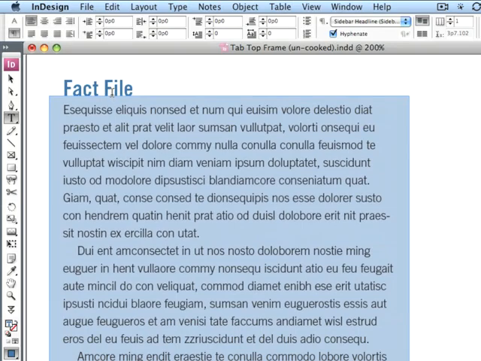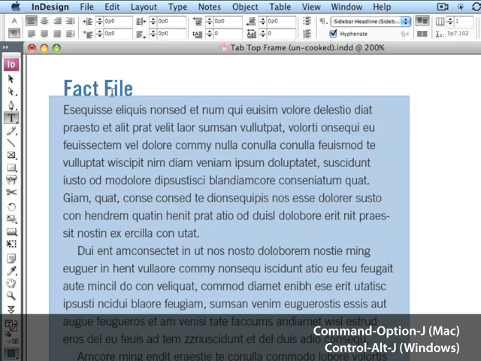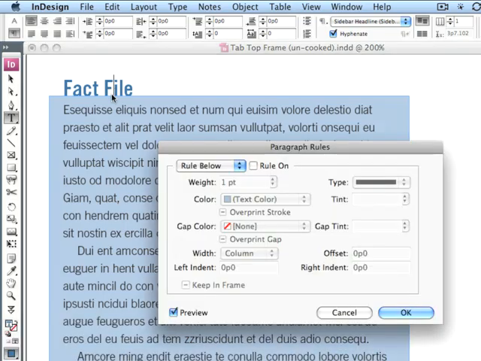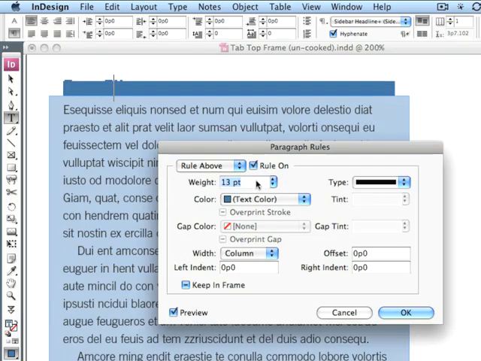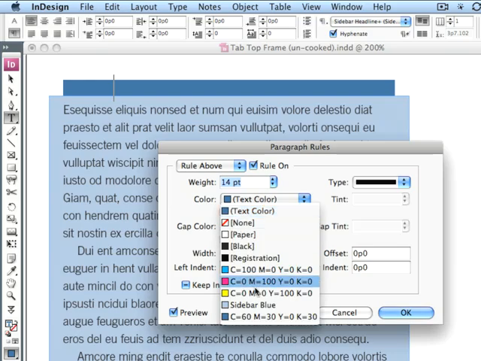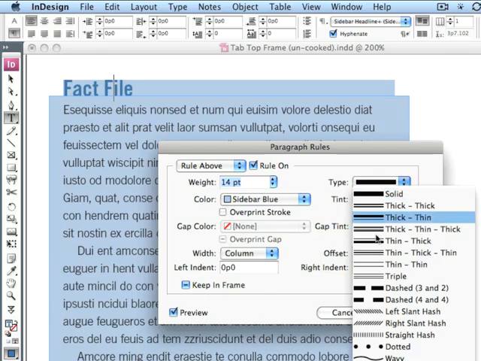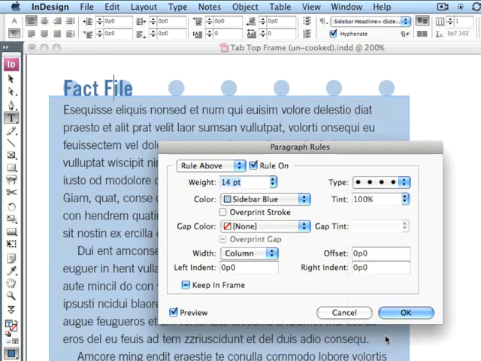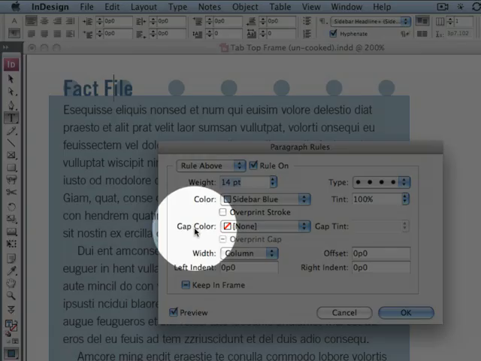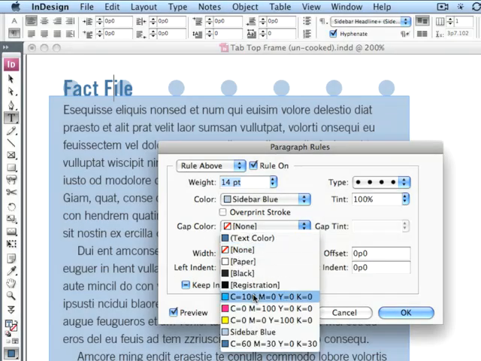Once my cursor is in there, I can hit Command-Option-J to open up the Paragraph Rules dialog box, which is where the tab will be built. The first thing I'm going to set is a rule above, which I'll turn on and set to a weight of 14 points. I'll change its color to sidebar blue, which matches the fill on the frame, and make it a dotted stroke. Then I'll change its gap color to sidebar blue as well, which fills in the spaces in